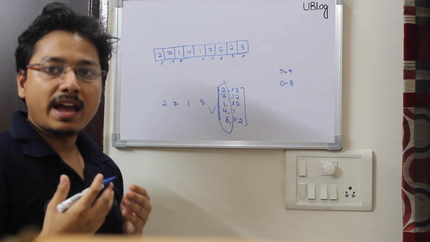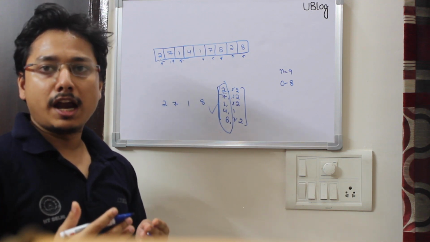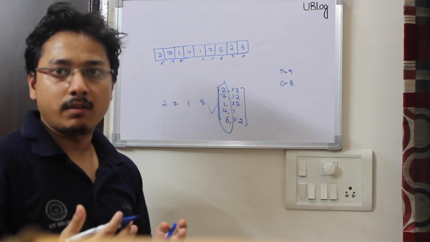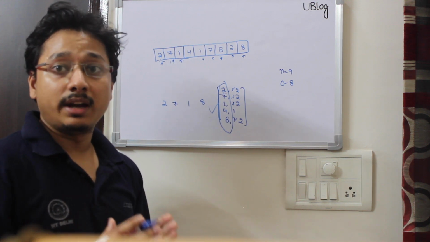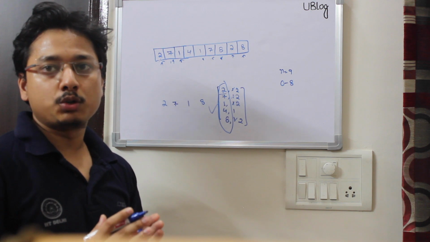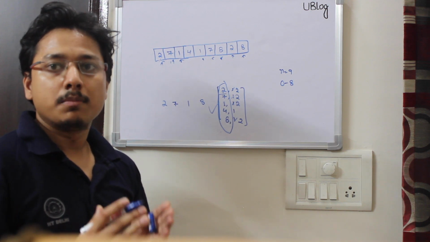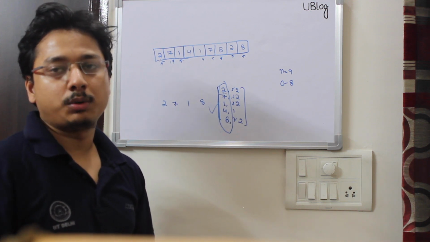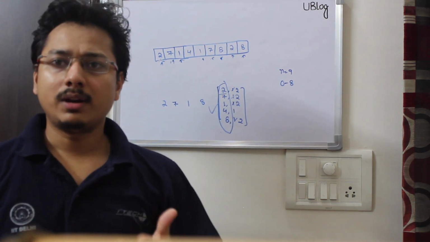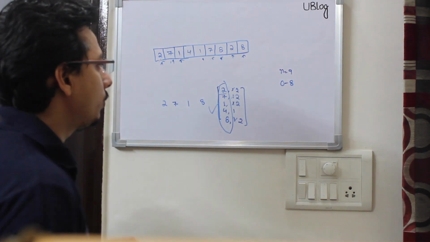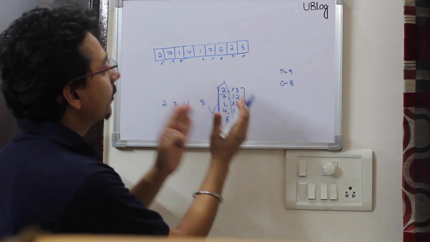So I have given you a hint. I don't want to jump to the solution right away. I want you to pause the video and use this hint, because this is a very good hint I have given you, and you should be able to solve this question yourself. Pause the video for a few minutes and try to solve the question, and then I'll explain how we can solve it. Okay, so now let us try to solve it. We need to basically relate the hash map thing to the array.